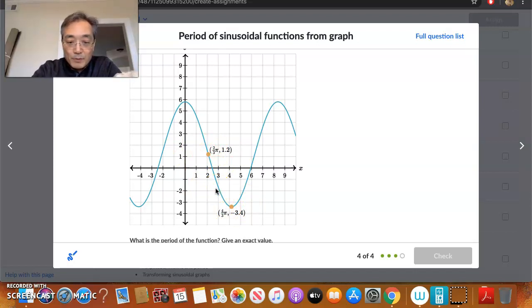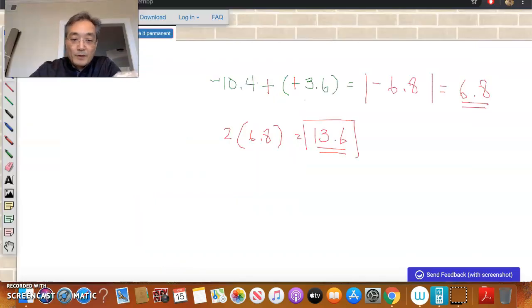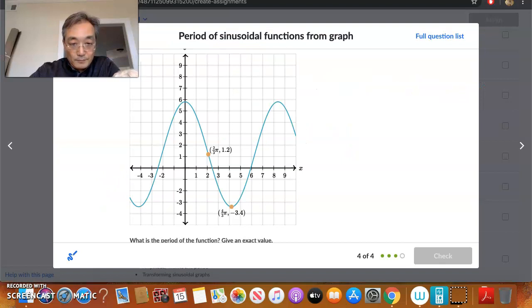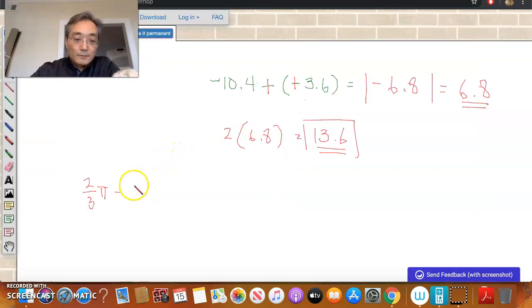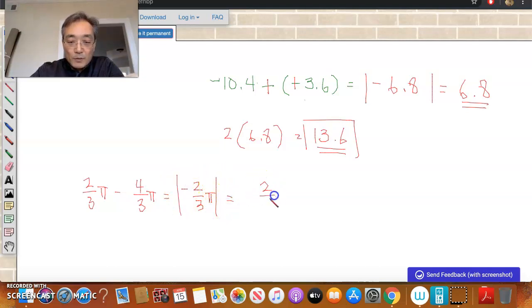So we have 2/3 pi and 4/3 pi. So we have 2/3 pi minus 4/3 pi. And that gives us negative 2/3 pi. But again, it is distance. So we just take the absolute value, which is 2/3 pi. This is now 1/4 of the period because it goes from midline to minimum, right? So now we're going to multiply that by 4, and that gives us